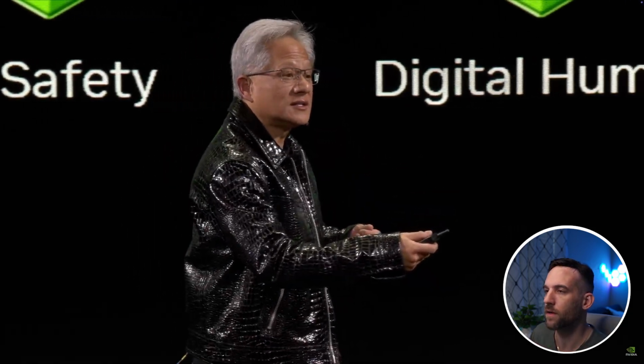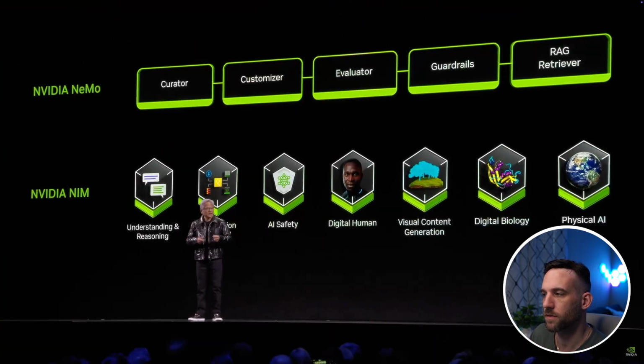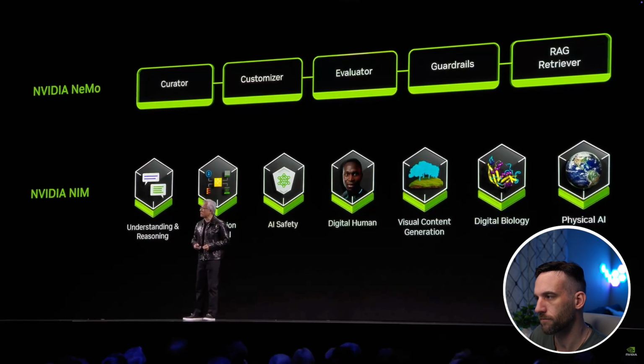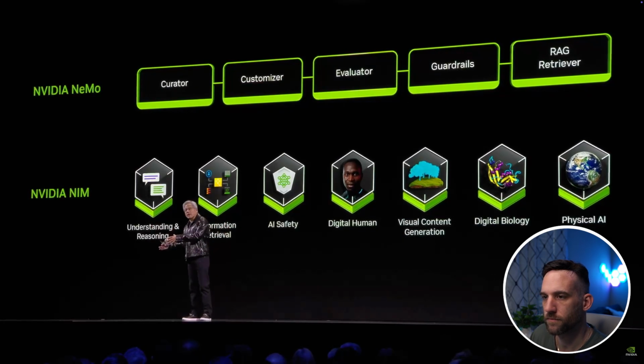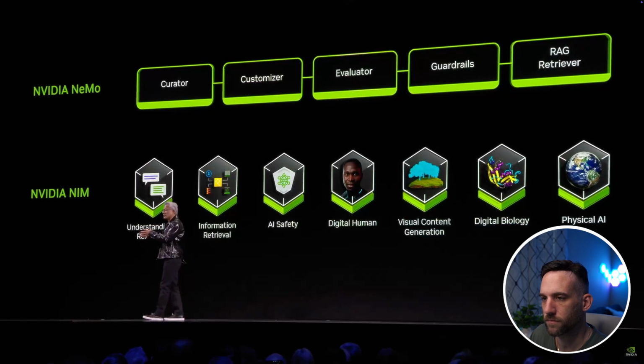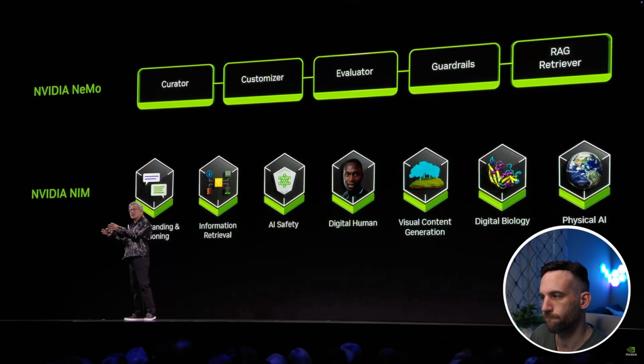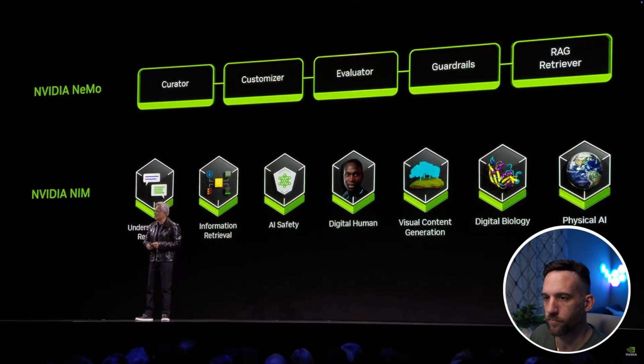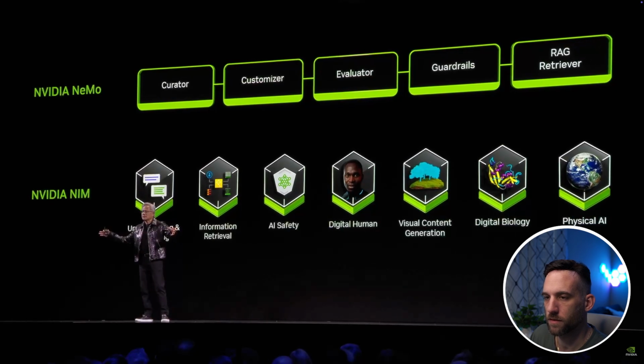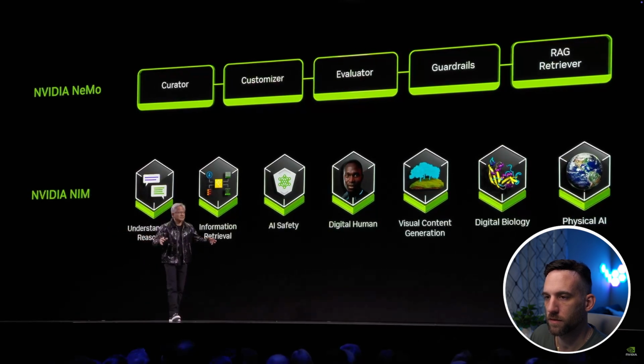So you would give them examples of what the work product should look like, and they would try to generate it, and you would give it feedback, and then you would evaluate them, so on and so forth. And you would guardrail them. You say, these are the things that you're not allowed to do. These are the things you're not allowed to say. And we even give them access to certain information. Okay, so that entire pipeline, digital employee pipeline, is called NEMO.